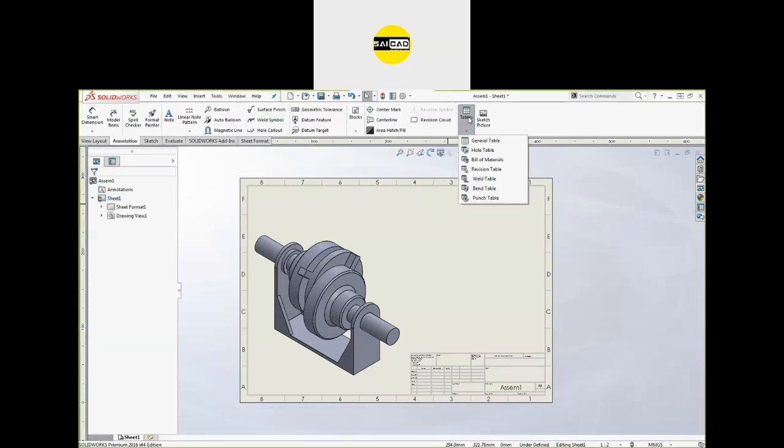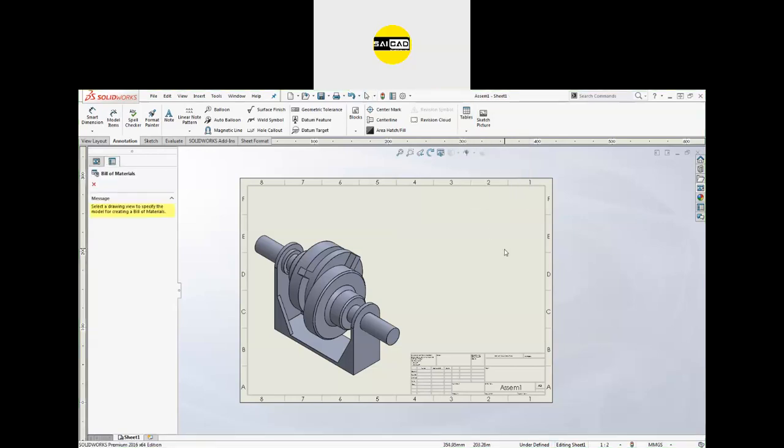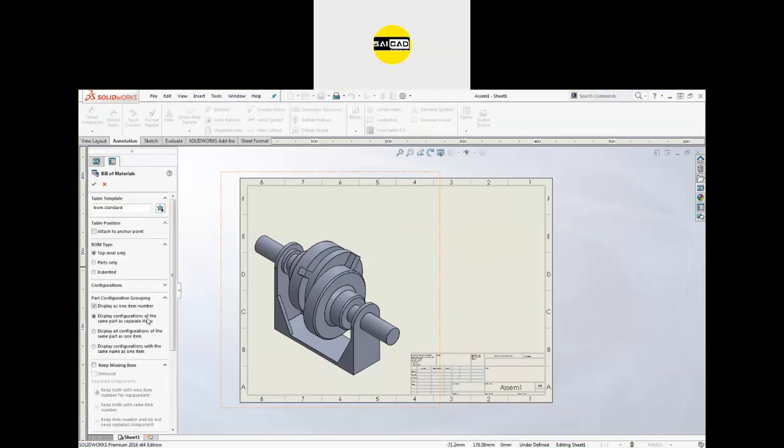So go to the tables. There is the option bill of material. Select that. I'm going to show you that in this drawing after defining the bill of material and the balloon. So select the bill of material, select the view, and you will get some options. Just click OK,